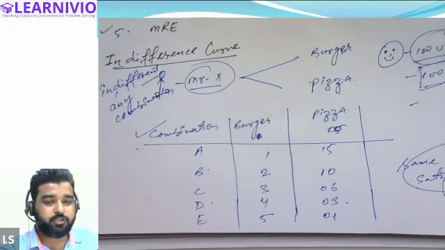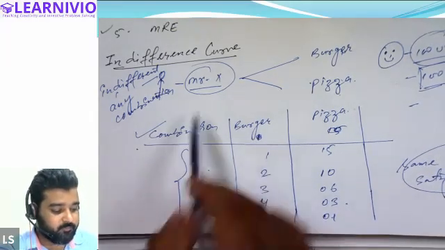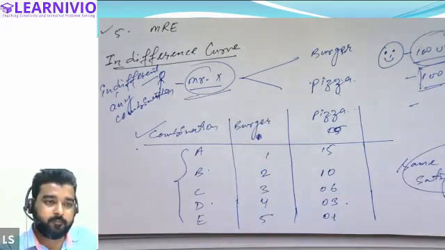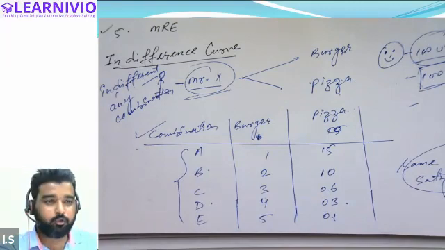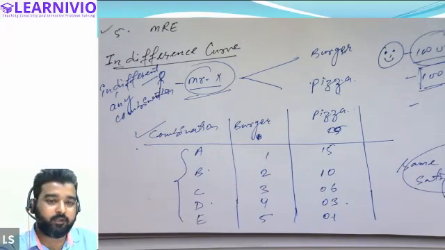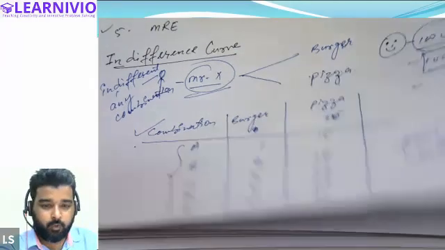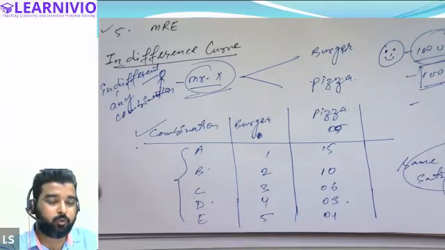Mazin, Samiksha, tell me. Yes, sir. Out of all of these combinations, which combination will Mr. X prefer? Basically, according to him, to which combination will he give more significance, more importance? According to him, which is a better combination? Combination A, B, C, D, or E? Which will he prefer more?